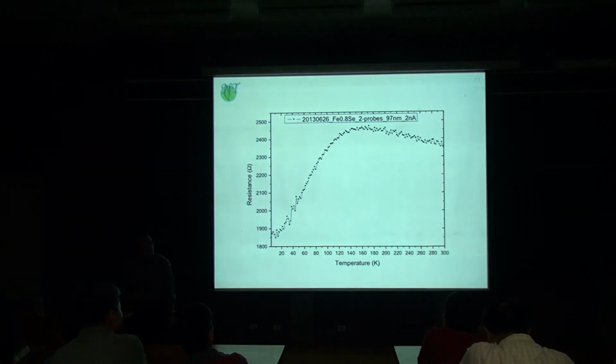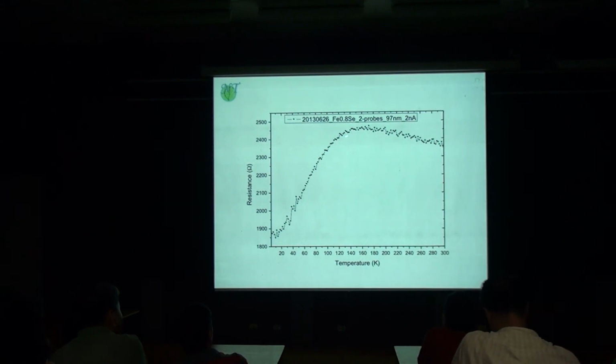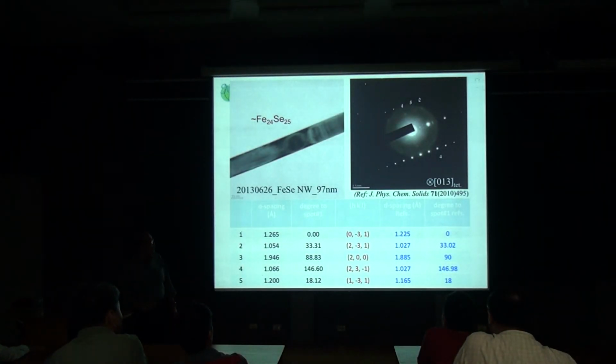But we also see a metallic behavior wire. And this is another wire, measured by an associate, with different dimensions. When we examine this kind of wire more carefully, you probably don't see it very clearly here when we have the curve. But the chemical